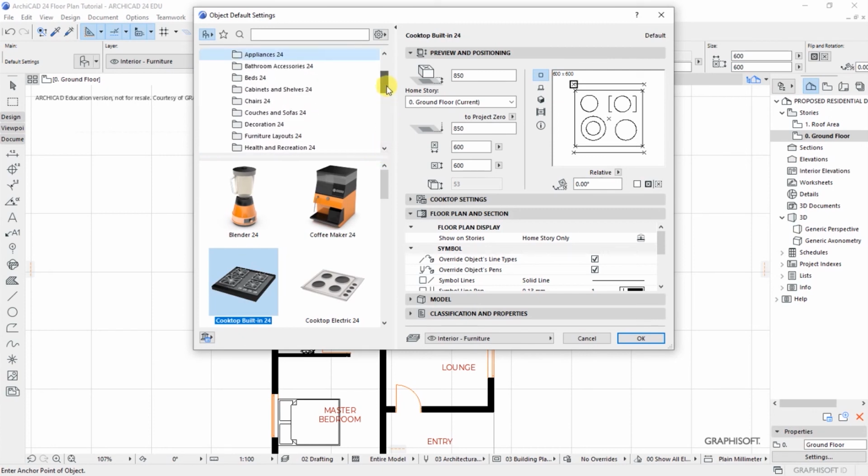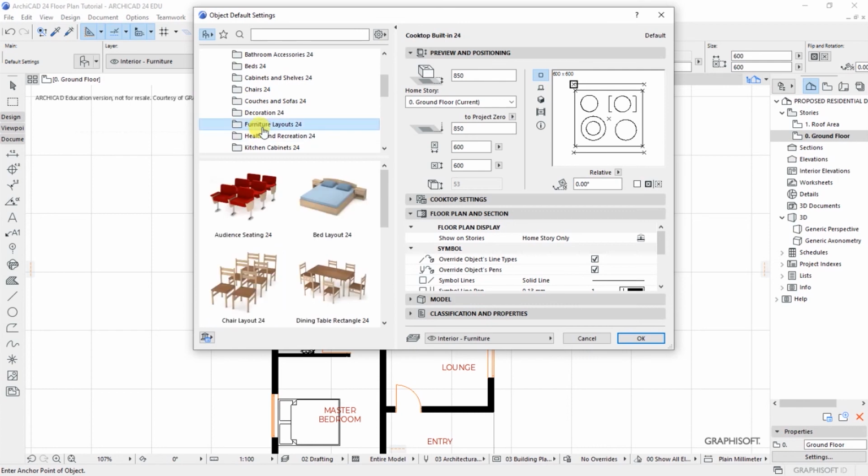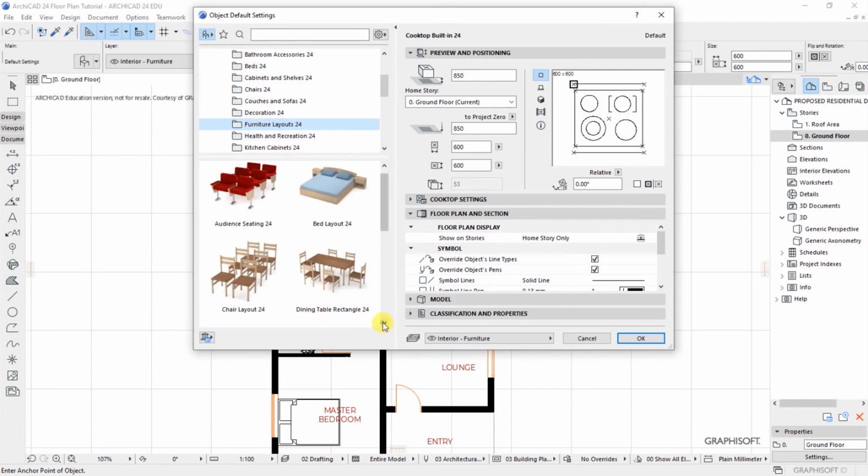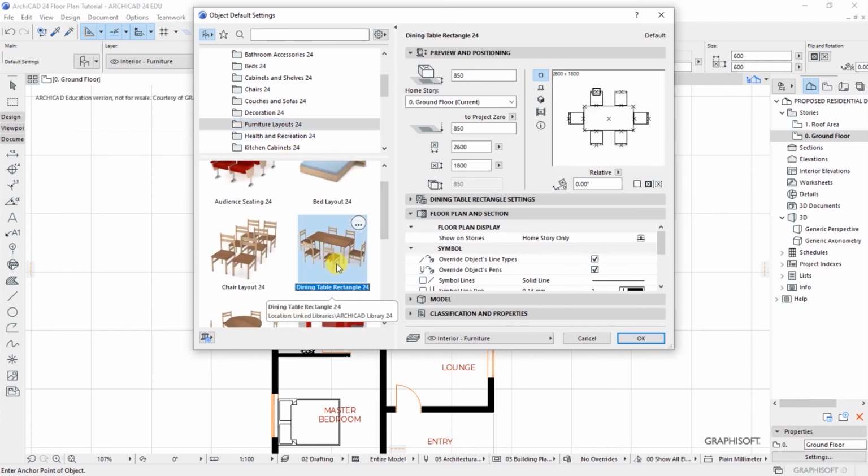We are looking for furniture for the sitting room, rather for the dining room. We have cabinets and shelves, we have chairs, couches, furniture layouts. Yeah, that's it. And then we will select this one, dining table rectangle,